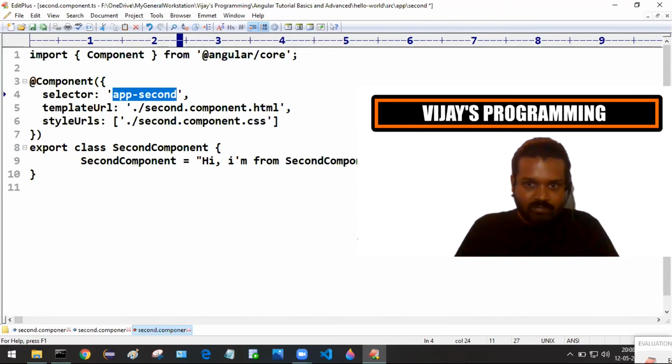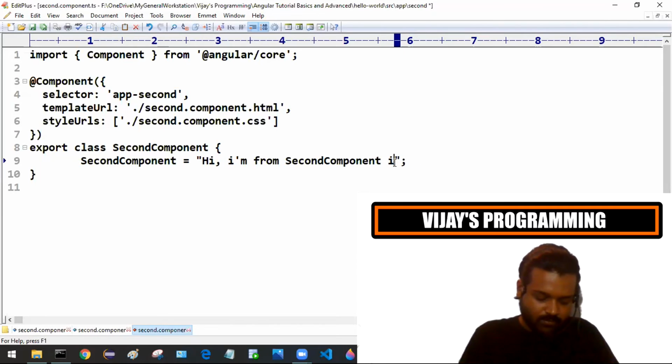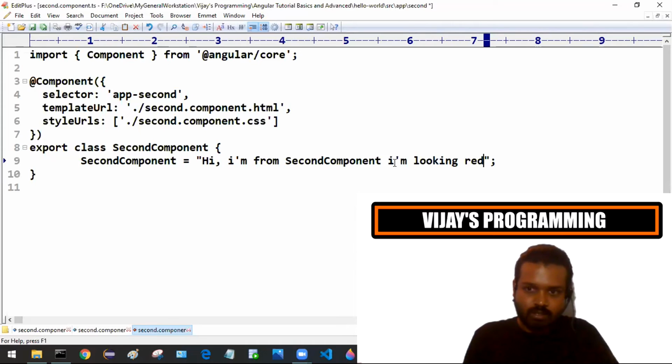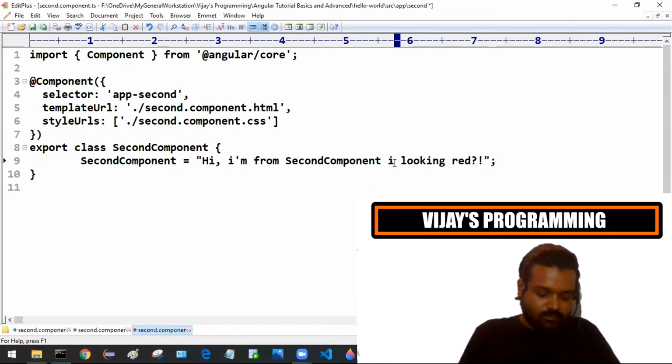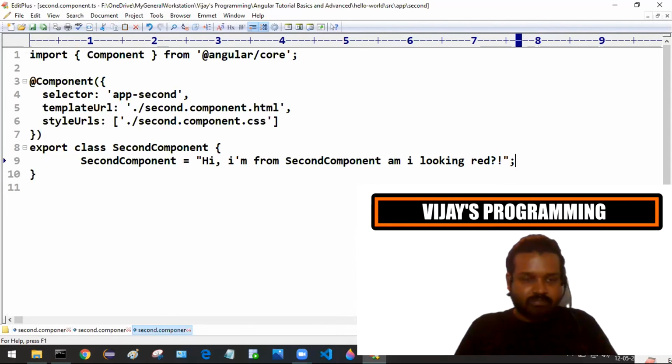I am from second component, and I'll just say, I'm looking red. Am I looking red? That's fine, save it.